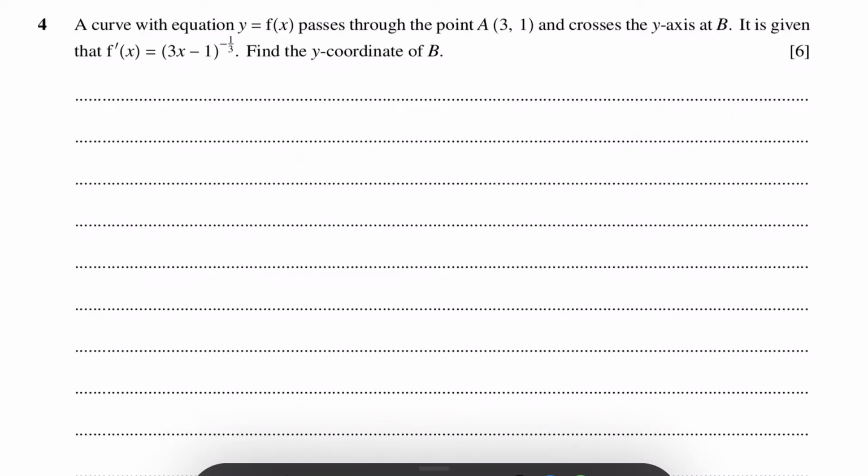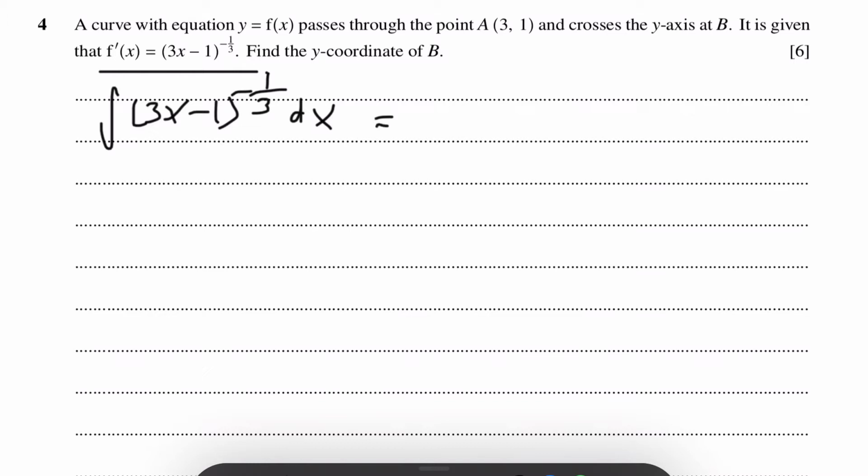A curve with the equation y equals f(x) passes through the point A(3, 1), and crosses the y-axis at B. It is given that the derivative of the function is given, so find the y-coordinate of B. So what you need to do first is to integrate this derivative. So that will be the integral of (3x minus 1)